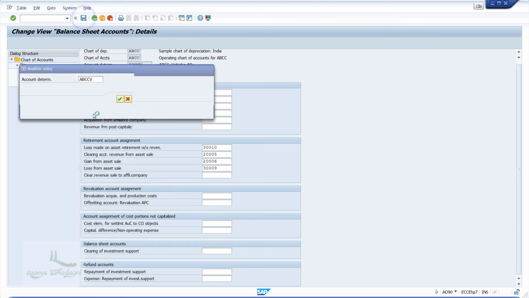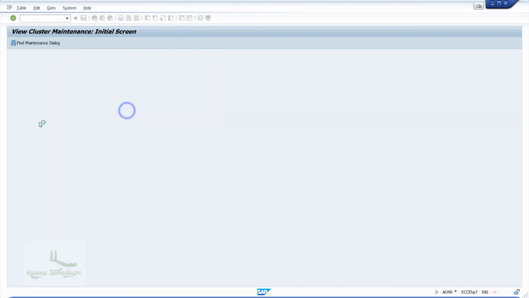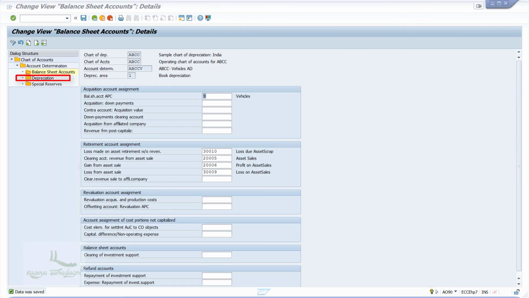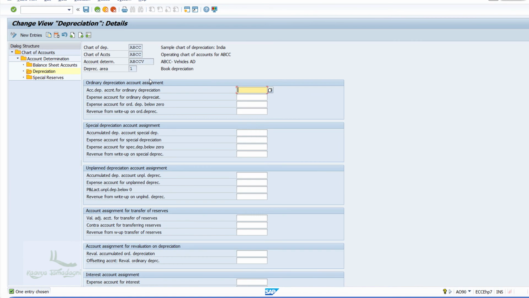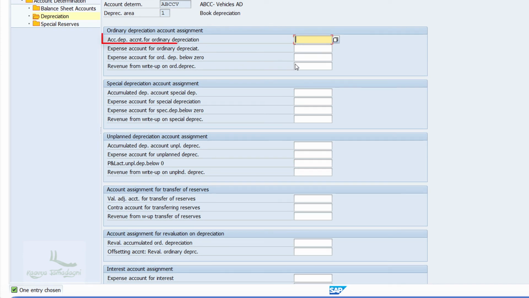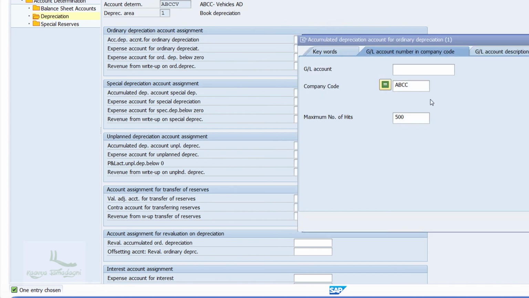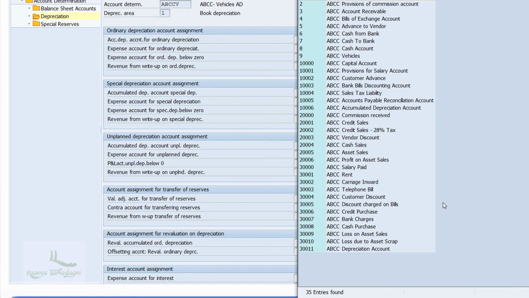Now, what you have to do is double click on depreciation on the left side of the screen. When we do this, the system will navigate us to a new window. Now here for the first field, that is accumulated depreciation for ordinary depreciation, we need to select the accumulated depreciation GL account which was created under the liabilities.